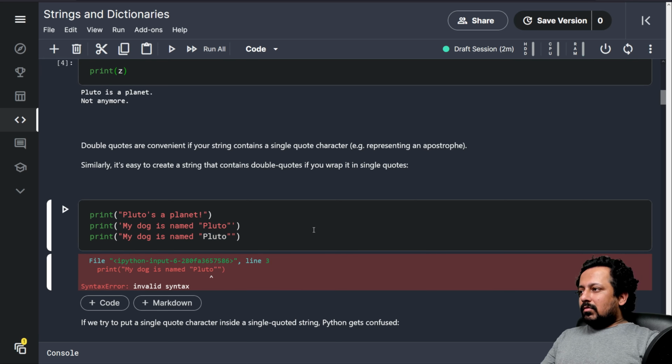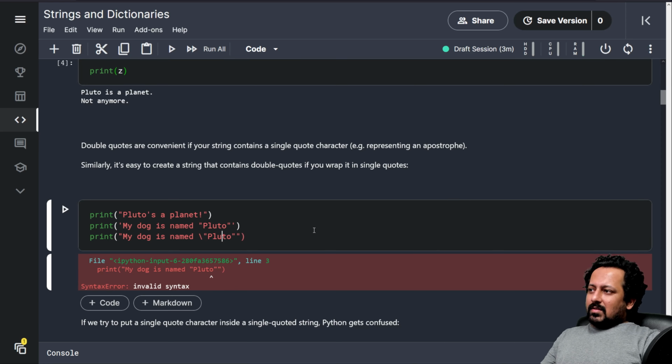So to avoid that, what we can do is use escape characters. And one escape character is backslash. So if I just add a backslash before the inside quotes, it's going to print fine. So this is also another way of writing strings or printing strings in Python.